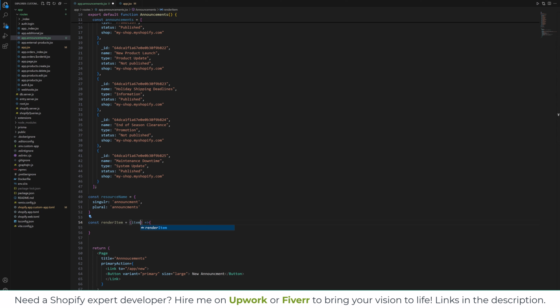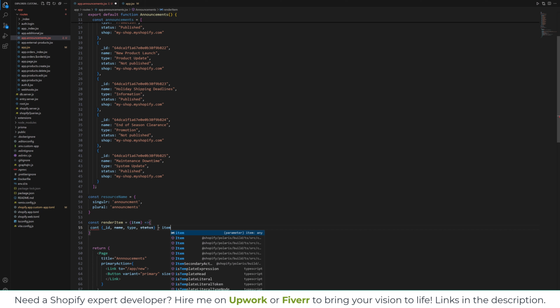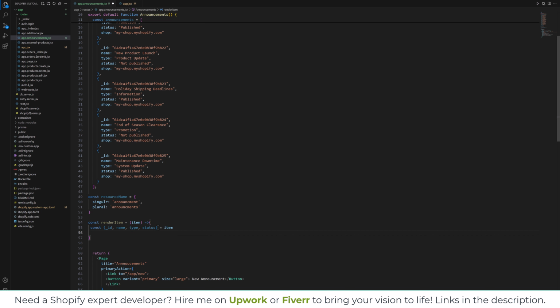So in the item we will have another variable const, and we will grab the ID, name, type, and status from item. Okay, let's correct the spelling of const, and then we will return that item,